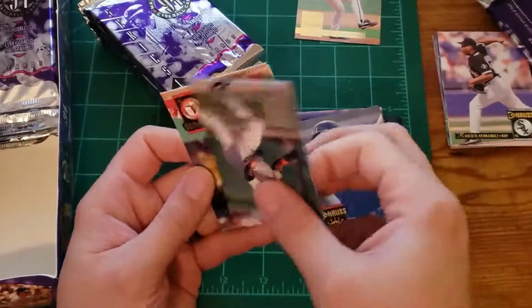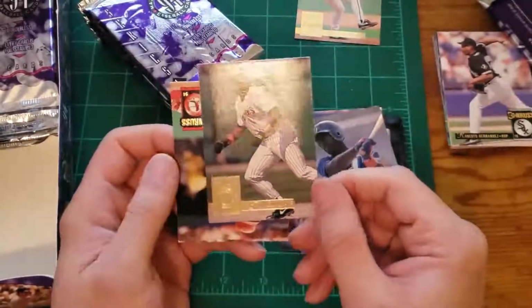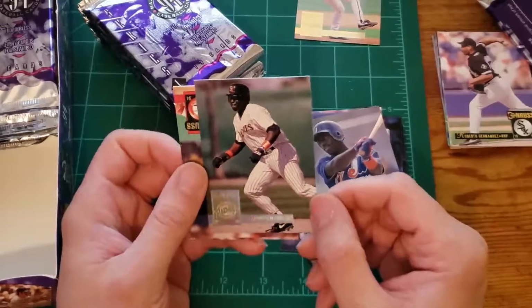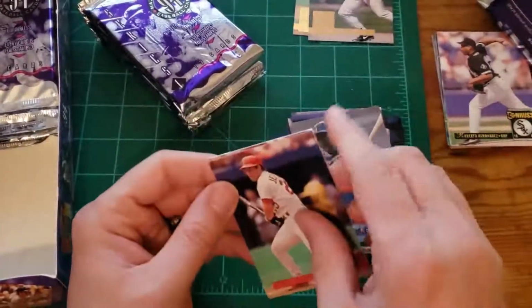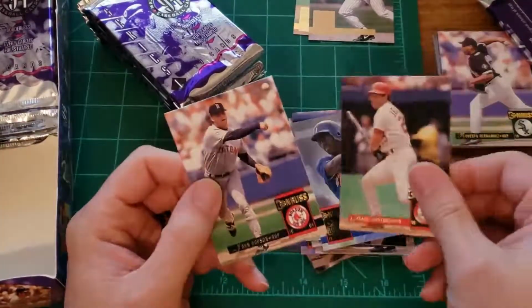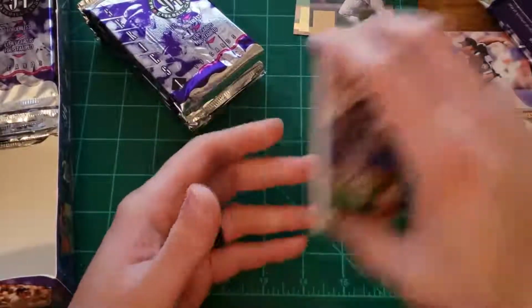And we've got, oh, that's nice. We got Tony Gwynn as our special card. That's cool. I remember a lot of... there's Greg Jeffries. That's a cool card. I remember certain players, I remember watching them play and stuff, but I